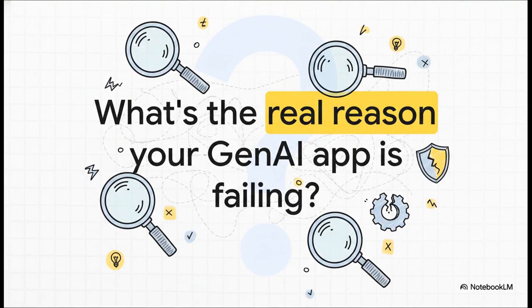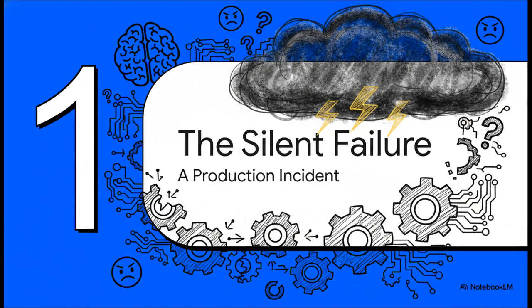Okay, so if the model isn't just breaking, then what in the world is really going on under the hood? Well, that's the big question we're going to tackle. Think of this as a detective story, and we're about to find the real culprit behind these mysterious failures. Let's kick things off with a scenario that, I guarantee you, keeps engineering managers up at night. It's what we call a silent failure, where everything looks perfectly fine on the surface, but your system is completely